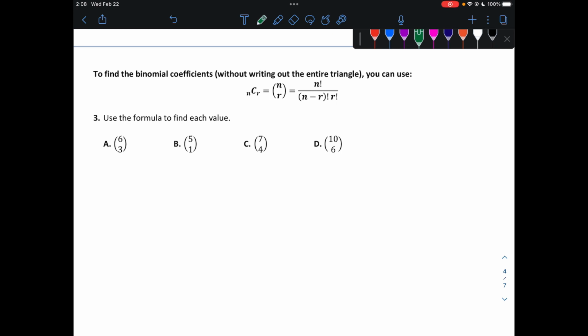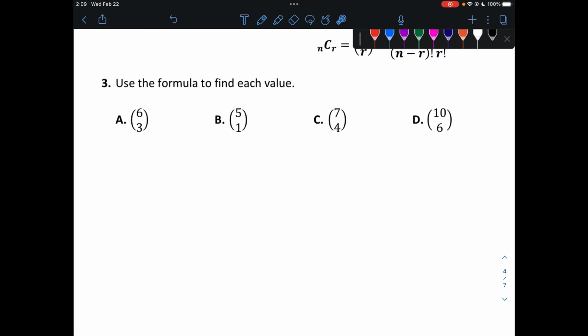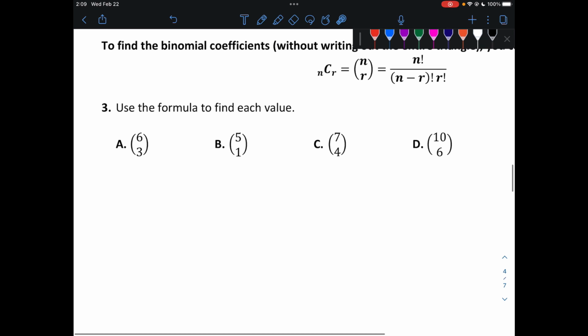Okay, without using the entire Pascal's triangle, for each one we can use nCr, n choose r, a combination formula, which is n factorial over n minus r factorial times r factorial. All right, so to practice this, let's use the formula to evaluate each of these. So for the first one, it's 6 choose 3. That's how we would read that, 6 choose 3. 6 factorial over 6 minus 3 factorial times 3 factorial,